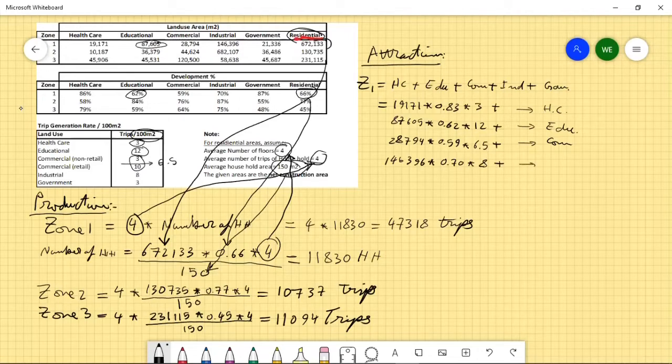So these are industrial. Let's go to the government. The government area buildings. Okay, it's 21,336 multiply percentage development 0.87 multiply 3. And all of this